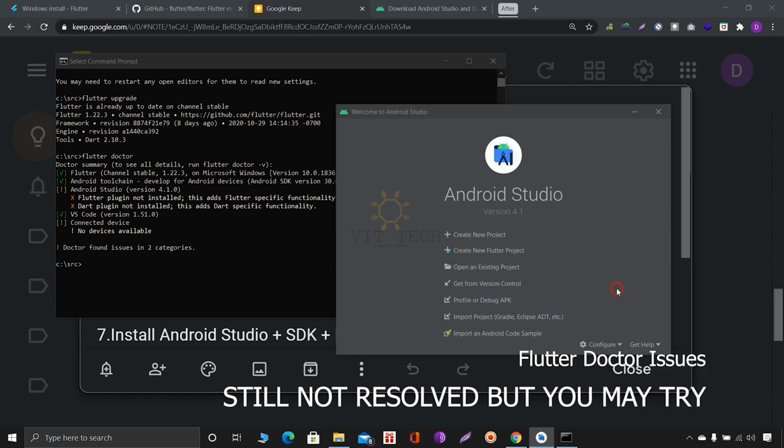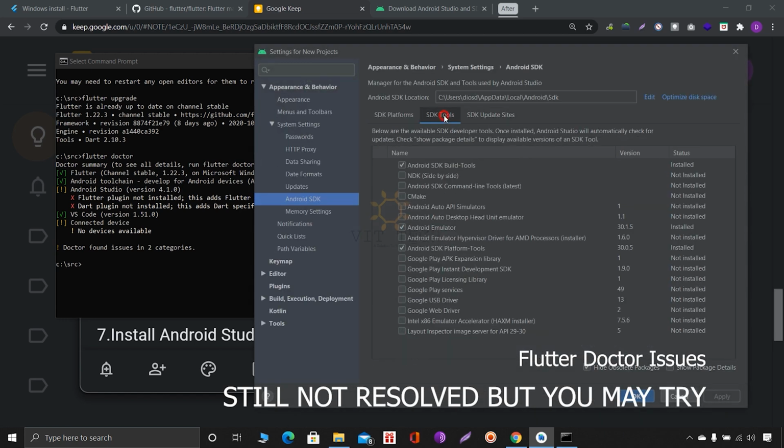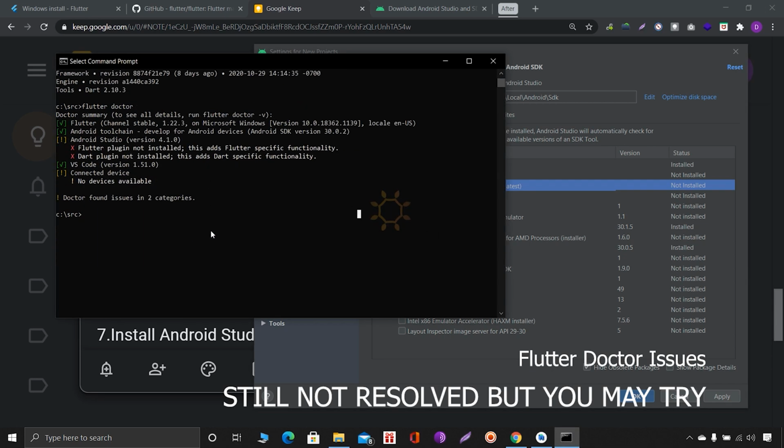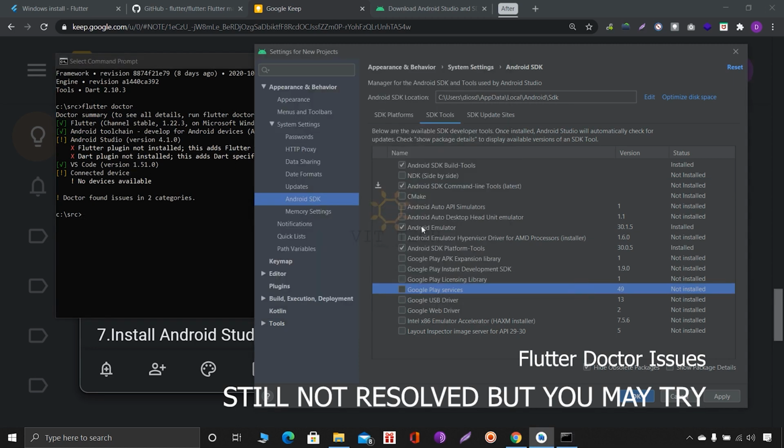Also, you can check with the SDK Manager, SDK Tools. What are the tools required? Under SDK Build Tools, under SDK command-line tools. Okay, this is a missing tool. It is required, as per this. Some tools are required for Flutter. This one is mandatory, under SDK command-line tools. So these tools we need to install. Okay, we will install and recheck.